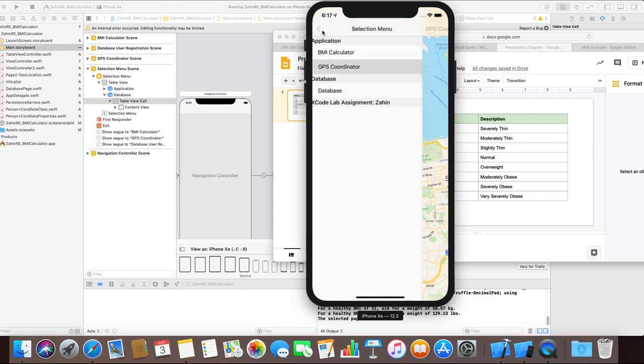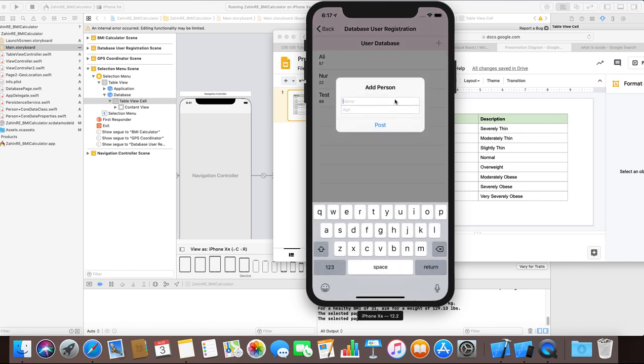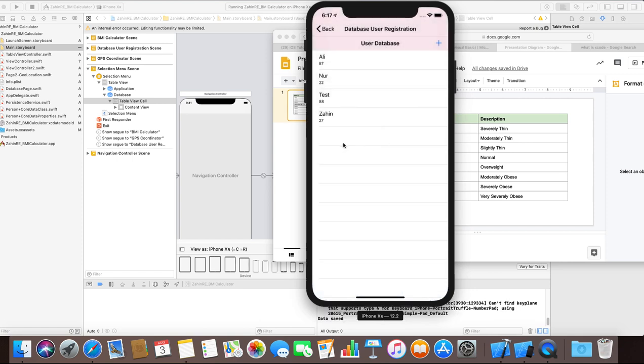And finally, for the database, you can see that I've been testing with three sample data: Ali, Nor, and Test. Basically, if you hit the plus button here, you will be prompted with a window to add a person with name and age. For example, if I type my name, Zahin, my age is 27, I will hit post, it will be stored in